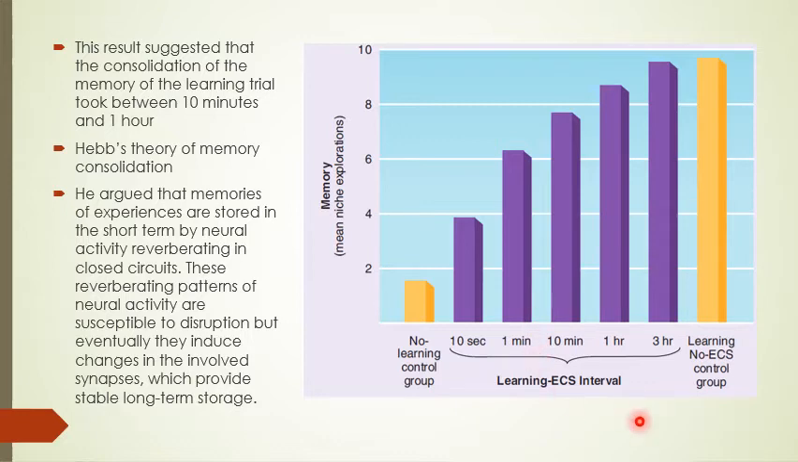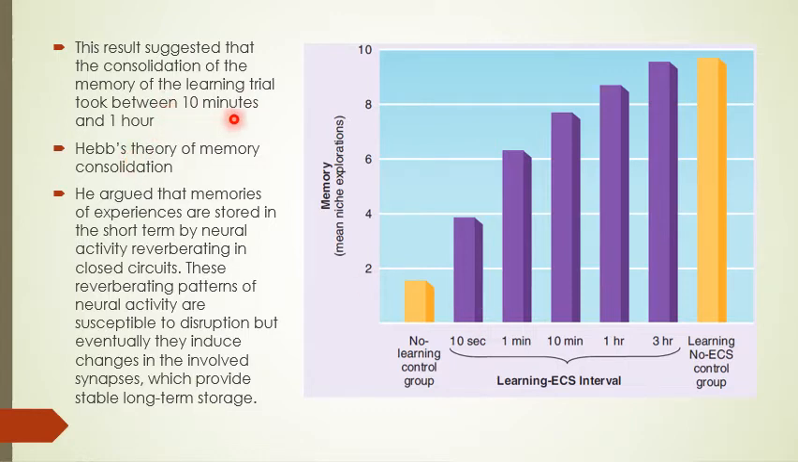However, the rats that were administered ECS after 1 hour or 3 hours after learning trial, they still retain. Diba? So not significantly different from the control group. So in other words, wala sila ni-develop og retrograde amnesia. So they still remember what they have learned. Okay? So as a result, the consolidation of the memory of learning trial took between 10 minutes and